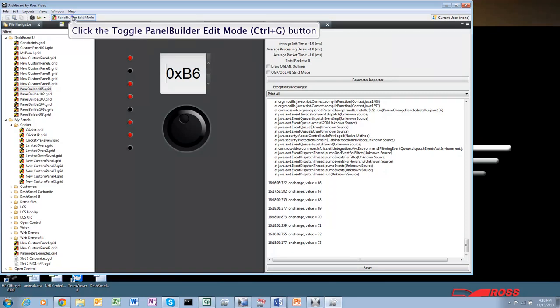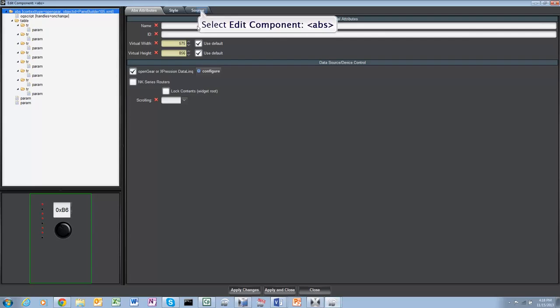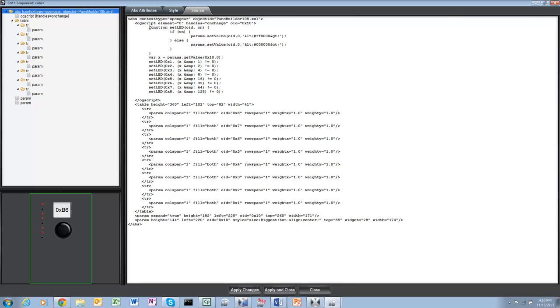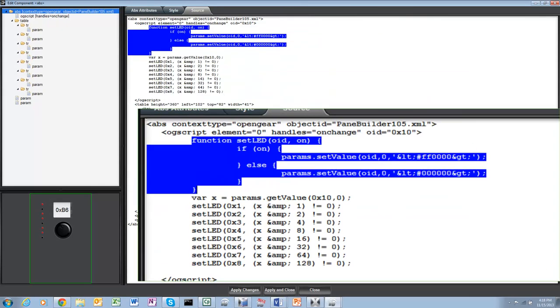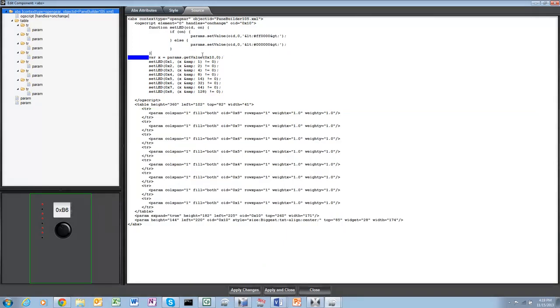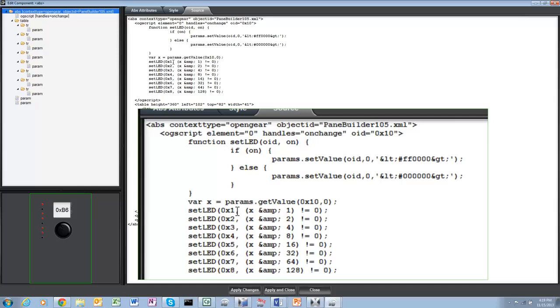And the script for this is quite interesting because I've used a function. So I've got this function here defined, which is called setLED, and I pass it an object ID and whether the LED should be on or not, and it goes and sets the parameter value accordingly. So I get the value of the parameter, and then I just call setLED 8 times with ascending powers of 2 as the thing I'm doing a bitwise AND against the argument with. So I'm going to end here,